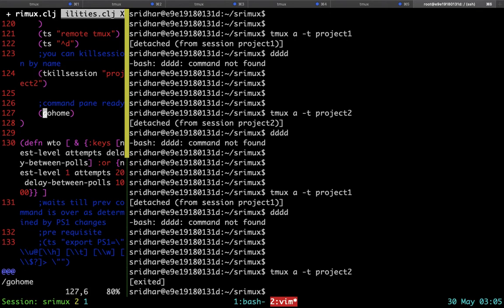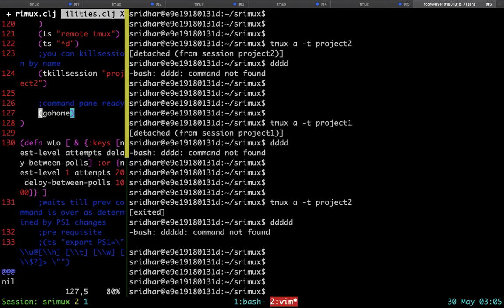So let's CPP the go home command. Go home detaches all projects running in Pane 2.2 and gets Srimux to a ready state with 0 level nesting. That is, no projects are loaded into the 2.2 address. Any summon child will then bring the required project to level 1 nesting, like we saw in the demo.